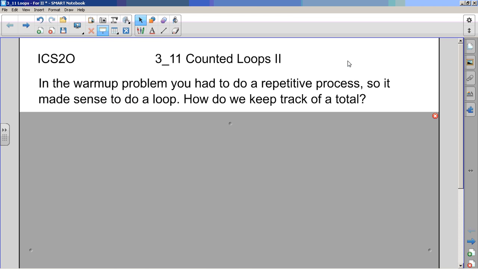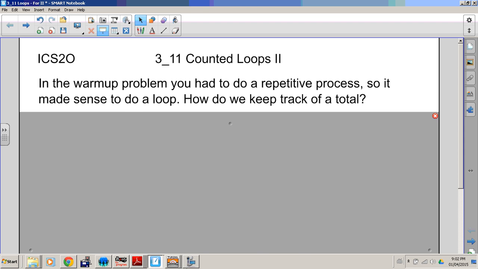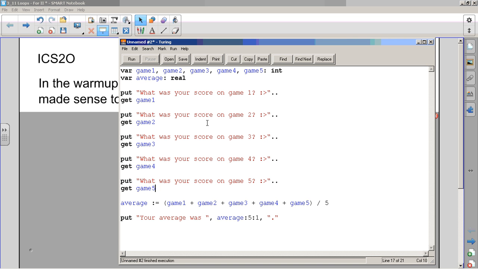And so here's the note. In the note we're going to solve this bowling problem in a different way. Counted loops 2 was our second day on for loops. In the warm-up problem, you had to do a repetitive process, so it made sense to do a loop. But how do we keep track of a total? So in our other program, if we put this in a for loop for counter is 1 to 5,